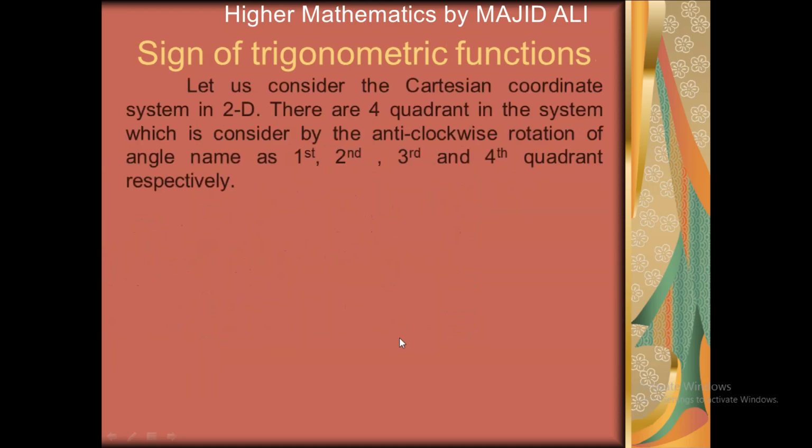Here we will discuss the sign of the trigonometric functions. As we know, we divide the Cartesian coordinate system into four quadrants. This is the first quadrant, second quadrant, third quadrant, fourth quadrant. We name these quadrants according to the anti-clockwise rotation of any angle theta. As we know, the angle is positive if the terminal side rotates anti-clockwise. So by using the anti-clockwise rotation, we name these quadrants: this is the first quadrant, this is second, this